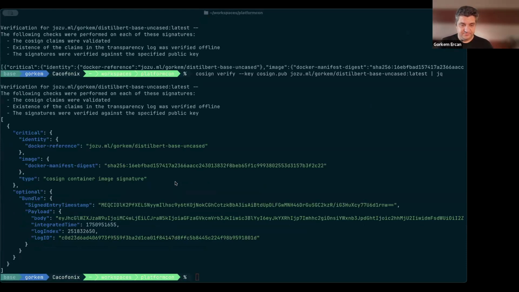Alrighty. Okay, so we're gonna do a model pack. We're gonna package a ModelKit from a local folder, essentially, so that we can see how to do that locally as well.